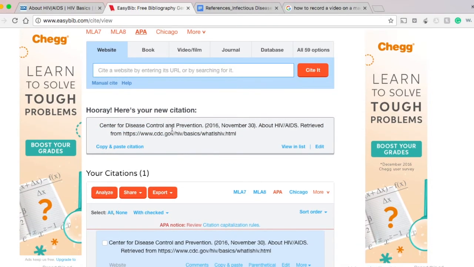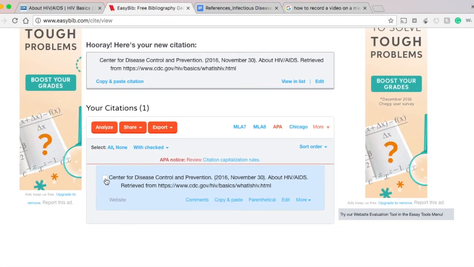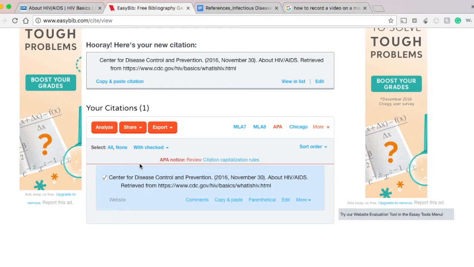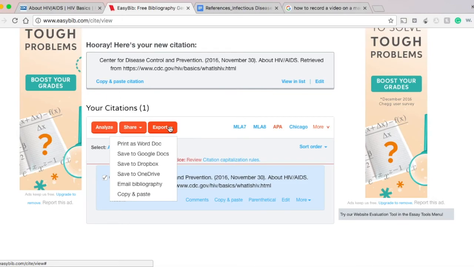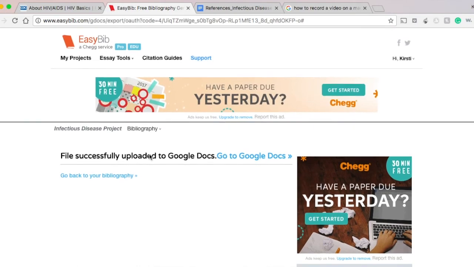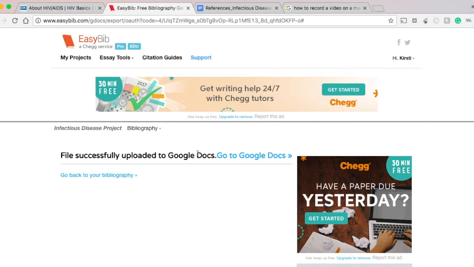Now, from this point, we can then begin to generate our works cited page, or in this case, since it's APA, it's a references page. So I'm going to check off this box, and I'm going to hit export. And since I use Google Docs the most, I would hit save to Google Docs. Okay. Now it'll say file successfully uploaded. So when I go to my Google Docs from that link,